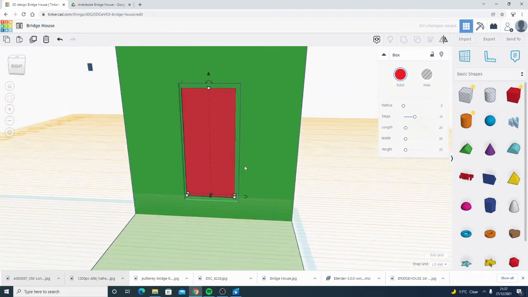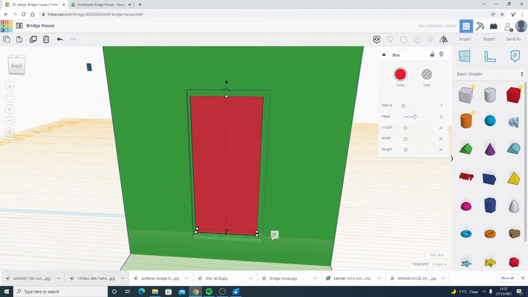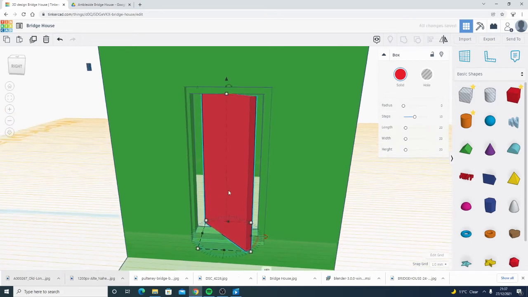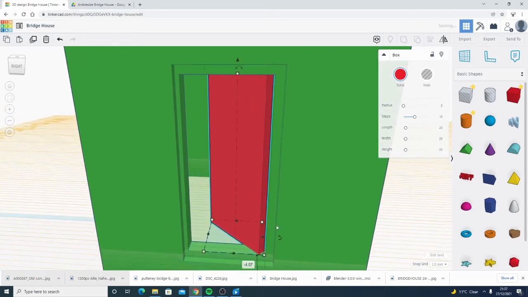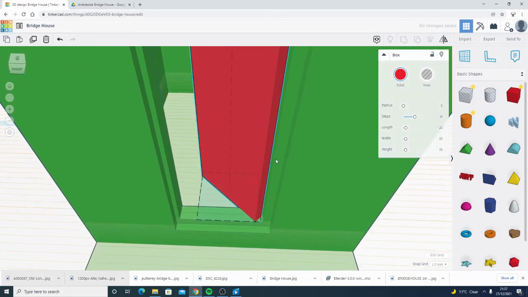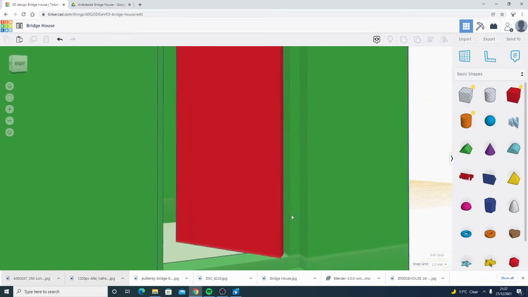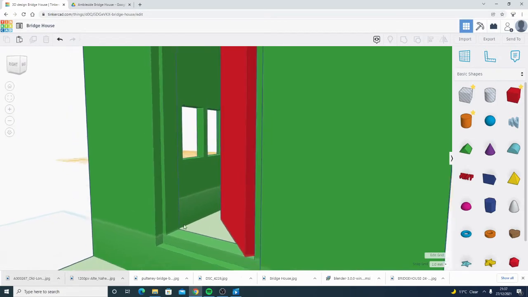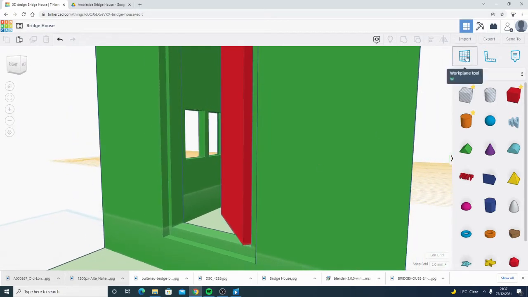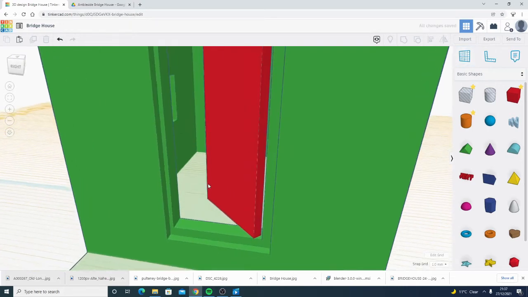Okay, now for the door, I'm going to have mine slightly open, like that, and get it so it fits in there. Okay. And one thing I will need to be a bit aware of is, if you're 3D printing this, this has a